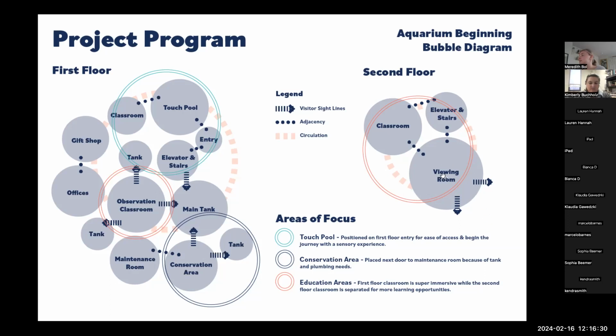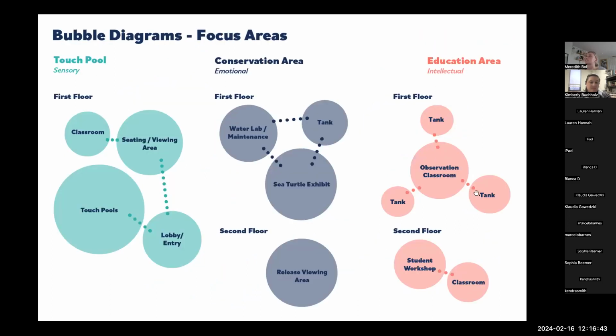I want to have a viewing room looking out towards that sea turtle hatchery when they do releases. So if you don't want to be directly on the beach, you can go to this viewing room upstairs and participate.